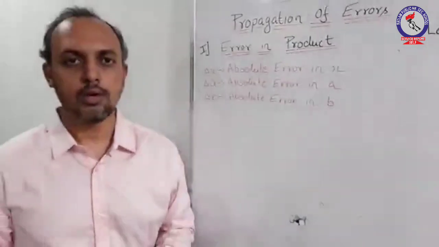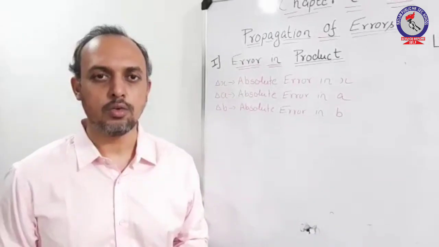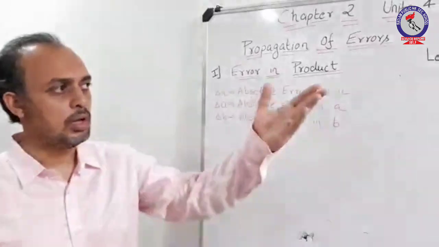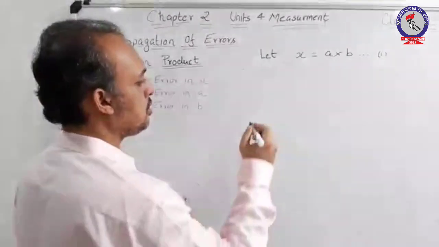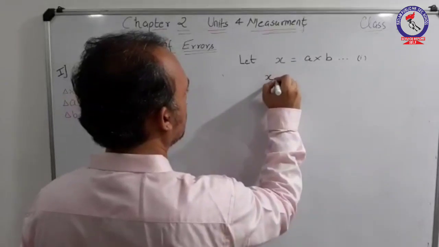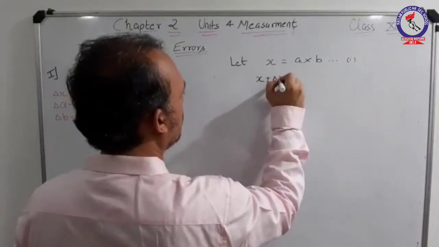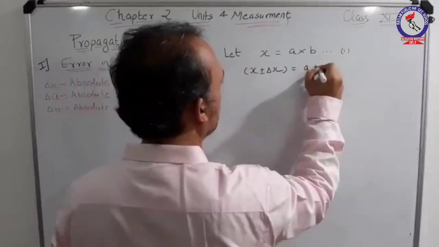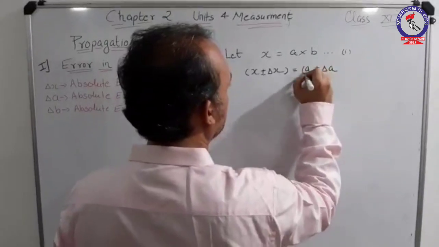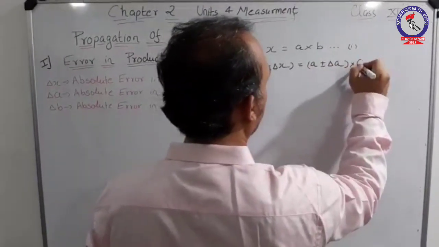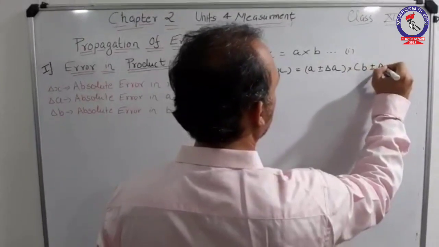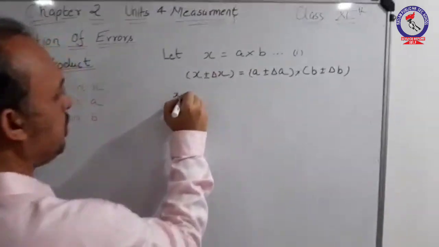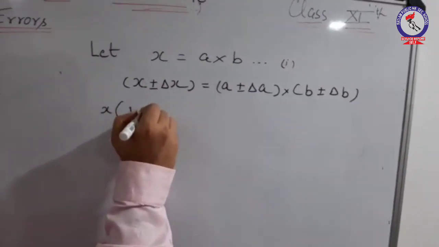As we all know, while you are performing any kind of operations, the errors are being added into the main values. Therefore, modifying this equation along with the errors, we have X plus minus del X equals A plus minus del A, B plus minus del B. Simplifying it and proceeding forward, taking out X common,